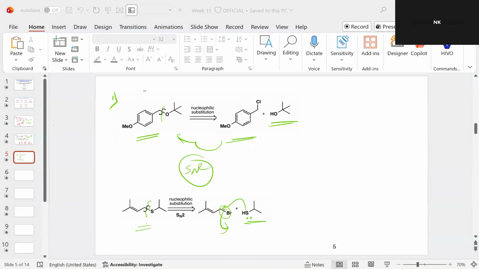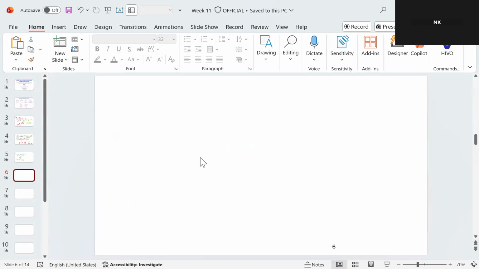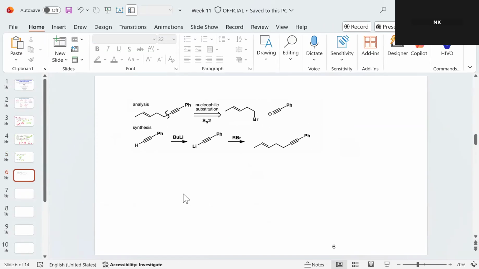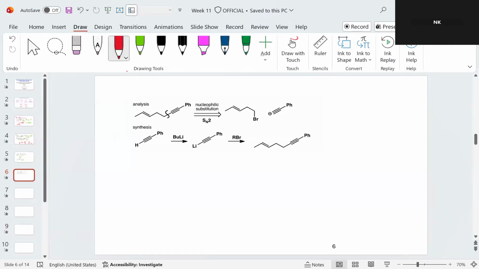So alkynes also act as a nucleophile. I will just give one example of an alkyne acting as a nucleophile. So this is the one example. You can see here, if you just do the bond cleavage,